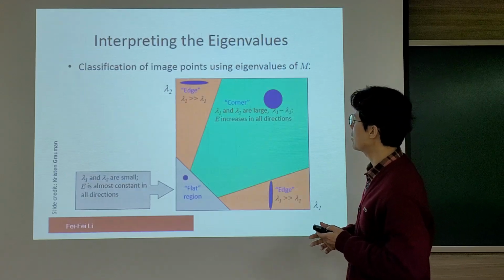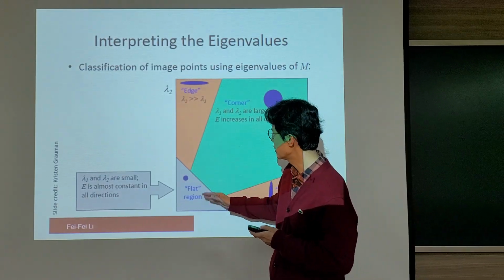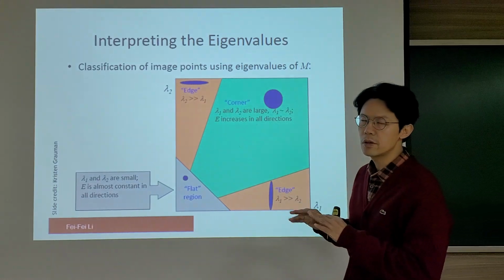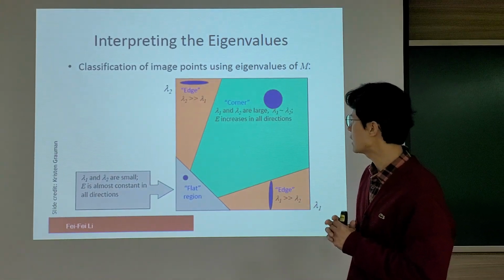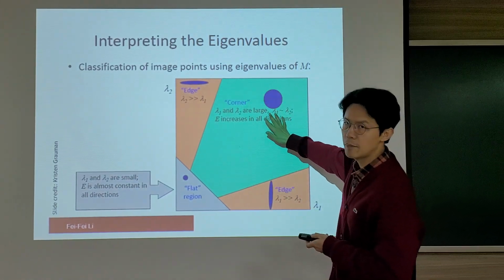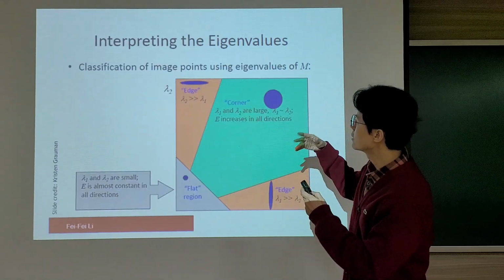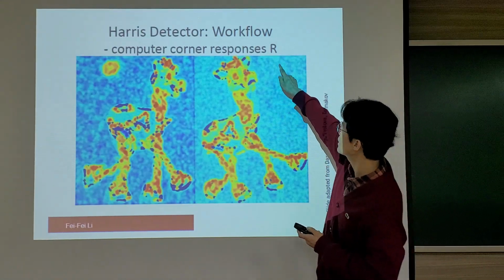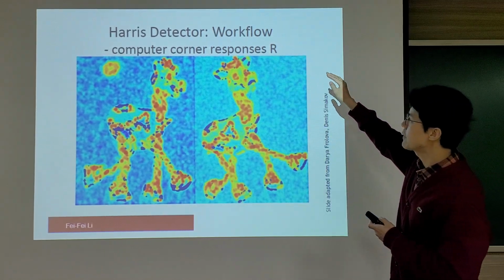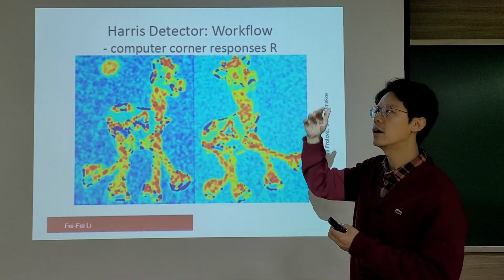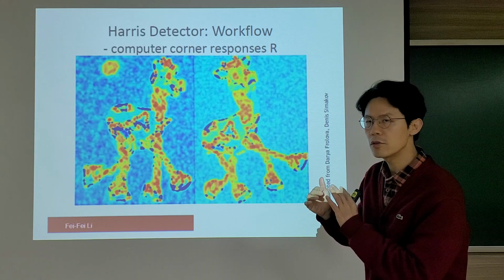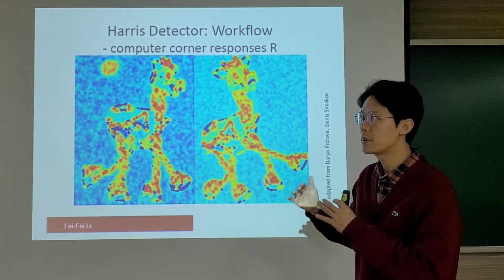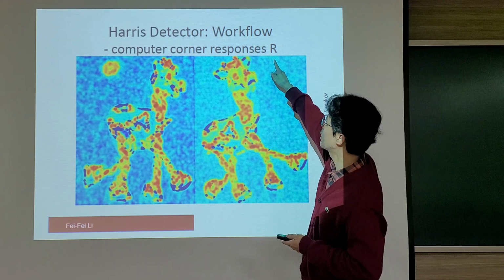So then lambda 1 and lambda 2 are both close to 0. In this case, it is actually a flat region. Based on this manual characterization, we can identify in what cases we have a corner, and then we can develop some sort of response function R. We can design the response function R in a way that when lambda 1 and lambda 2 are both big,